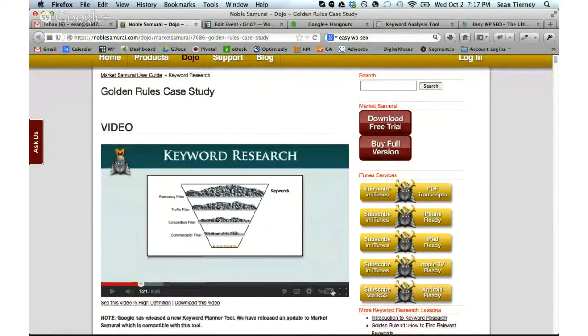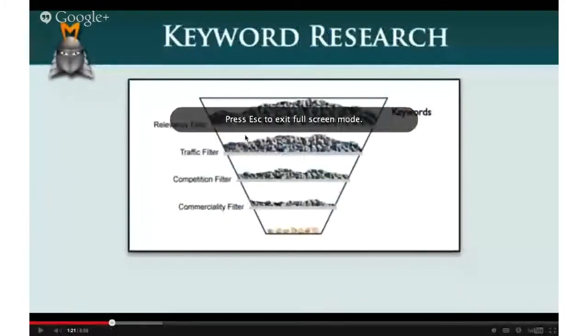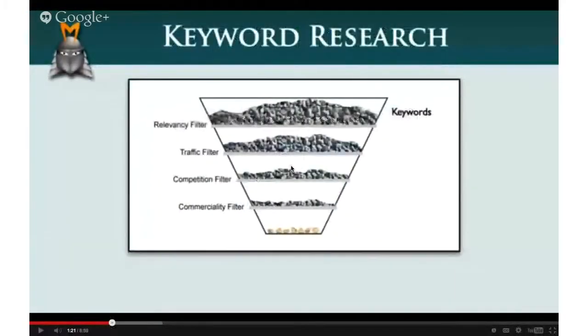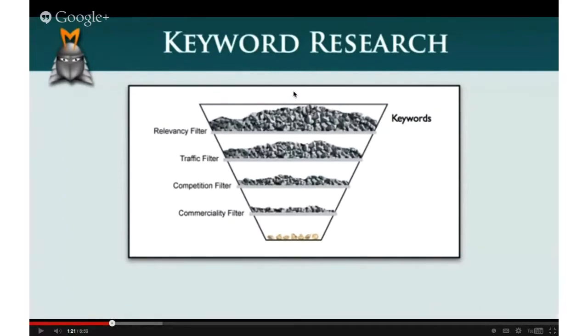this concept, let's see if I can blow it up, what they call filters, this is the essence of how their tool works. It allows you to dump in a bunch of unrefined, almost think of it like raw dirt at the top of a sieve, and then you shake it down through a series of funnels. So you're filtering it based on relevancy, based on how much potential traffic it can generate for you, the competition of that keyword, in other words the likelihood you'll be able to rank for it, and then lastly, the commerciality of it,